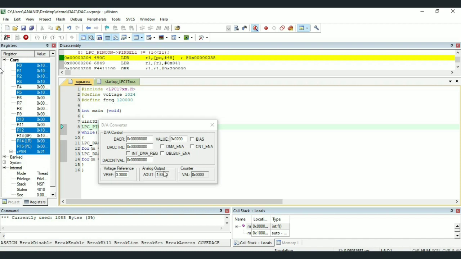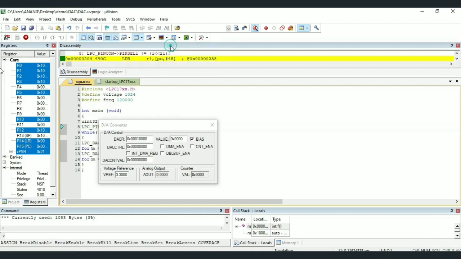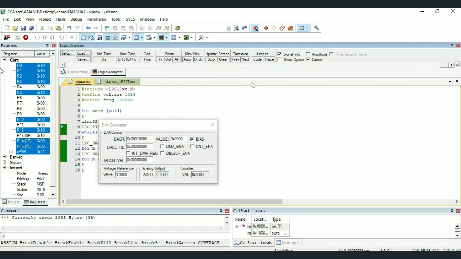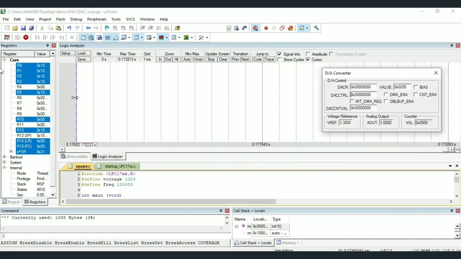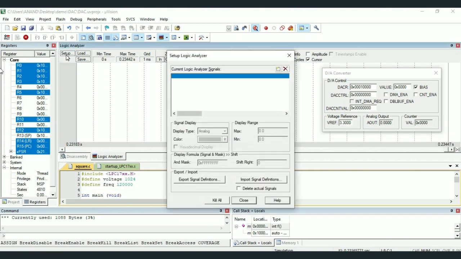Now we can plot the analog output. For plotting, we need to select logic analyzer. You can expand this. Here we need to provide the name of the signal that needs to be plotted. For that, click new or install, then provide the name of the signal that has to be plotted.